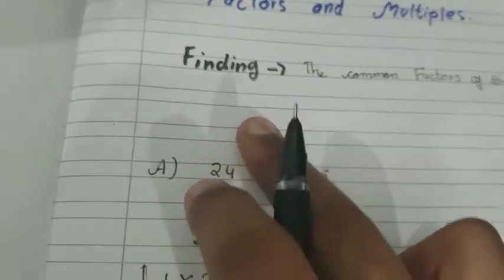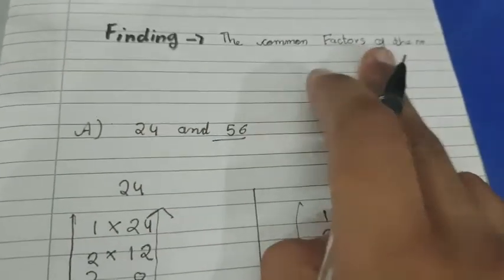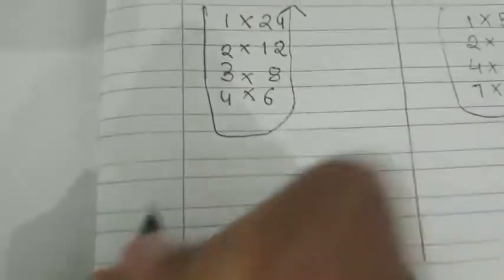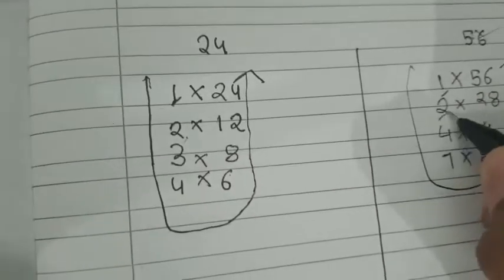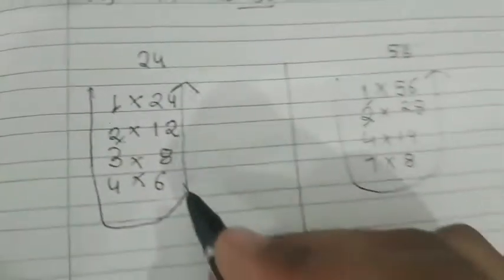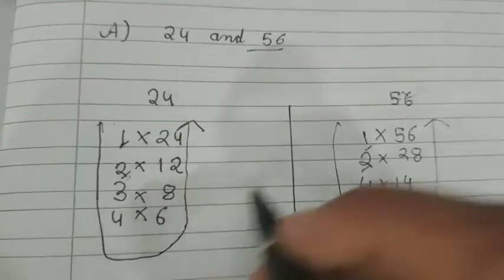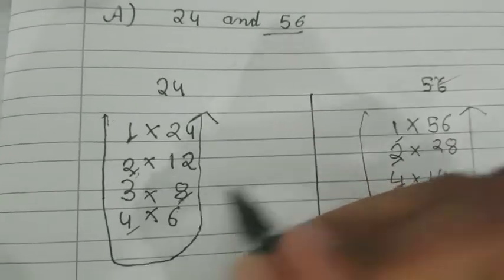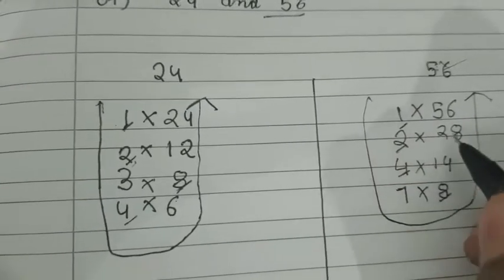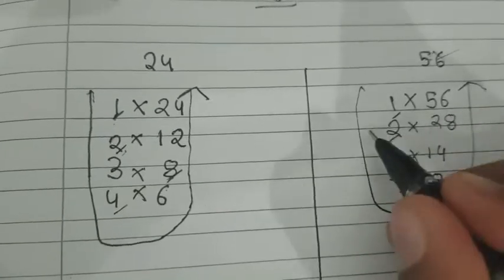And then as the heading is finding the common factors of the number, here we will write CF, which equals common factor, and here we will see the numbers which are common. So 1 is common everywhere, 2 here and 2 here also, 3 here, but 3 is not there. 4 is there and 4 is there also. Make a line. 8, yes. Then 14 not there, 28 not there, and 56 is not there.